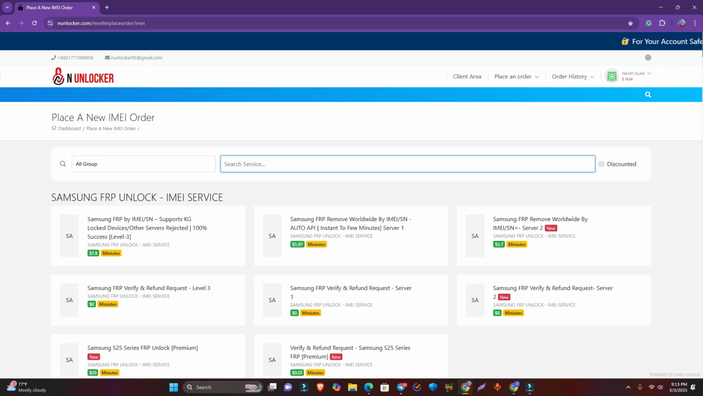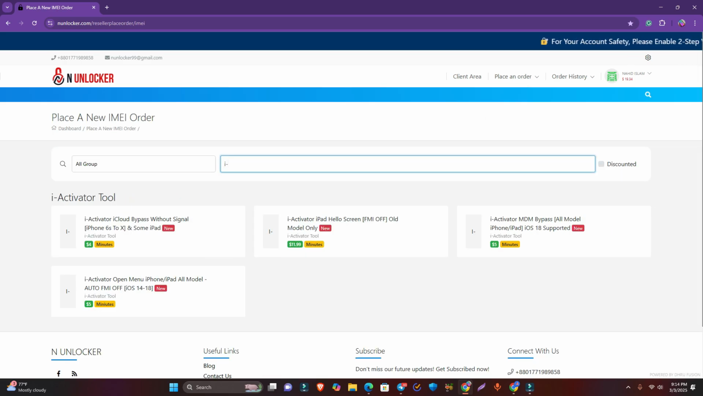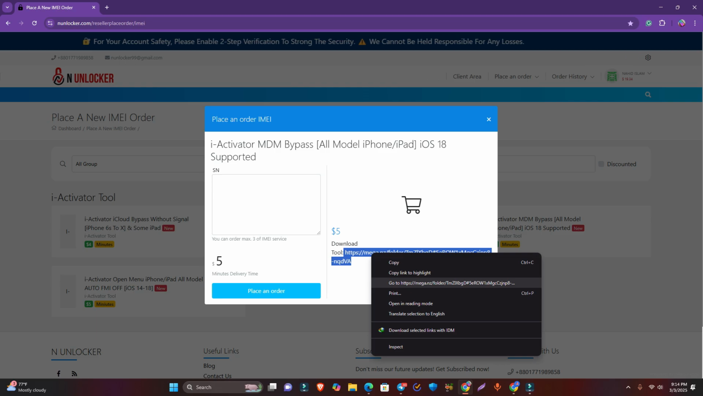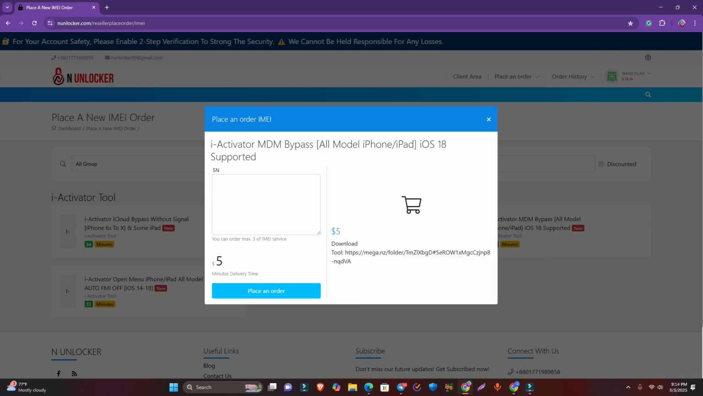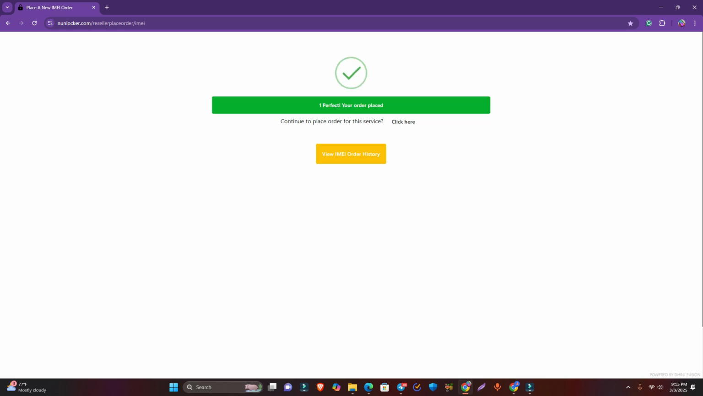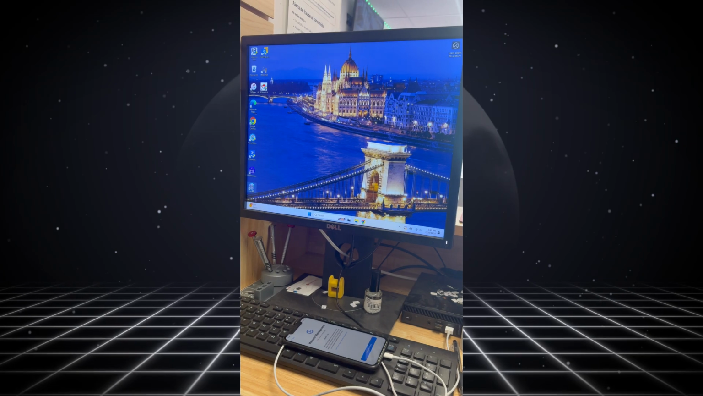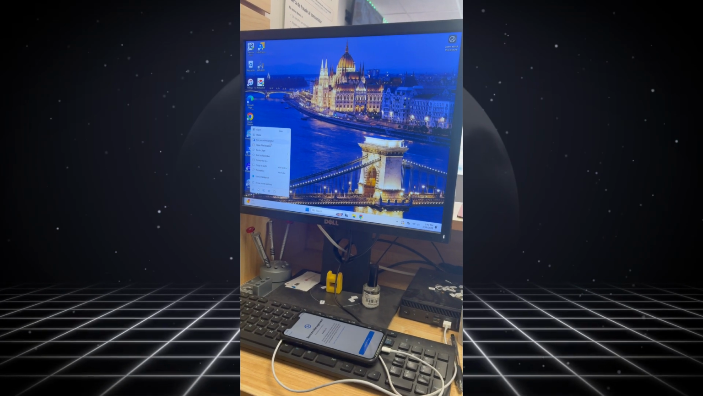Okay, now you have to search I hyphen activator, and then you can see I activator MDM bypass. This is called MDM lock, and now you have to download the tool from here. The link is there, and then you have to submit your phone serial number. So I copy the serial number from the tool, and now place order. So after place order, within 2 minutes your serial number will be activated, and now I just open the tool,